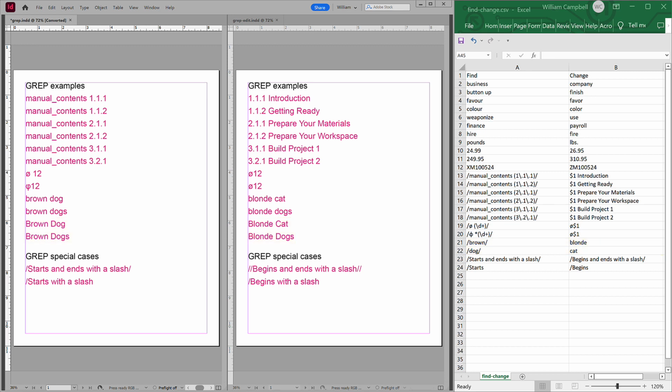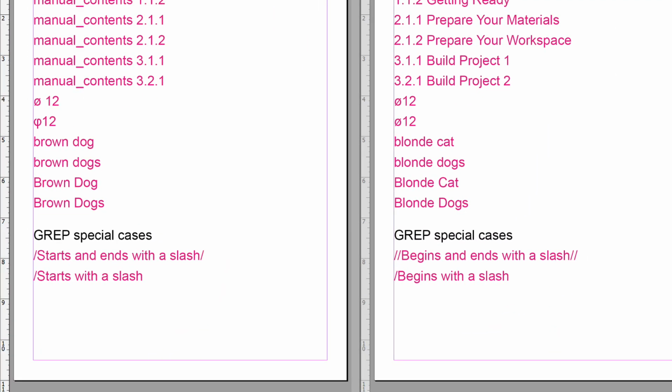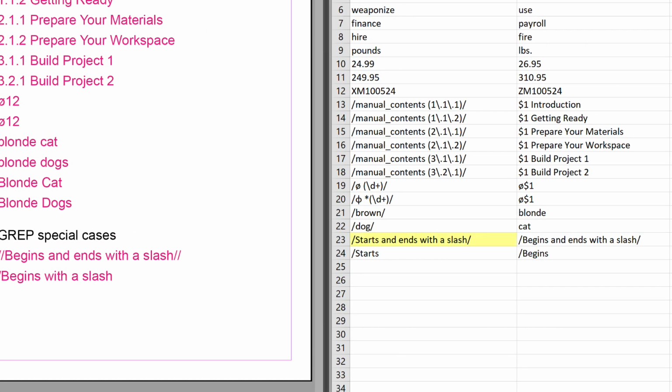Last are special cases of grep. Because the script uses slashes to signal a regular expression, in the rare case the text defined begins and ends with a slash, it needs special attention. As you can see, this result ended up with double slashes. Because the slashes are not actually part of the text defined, but have been included in the change column.